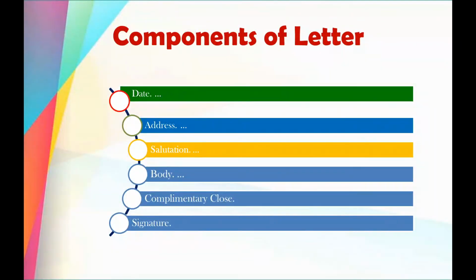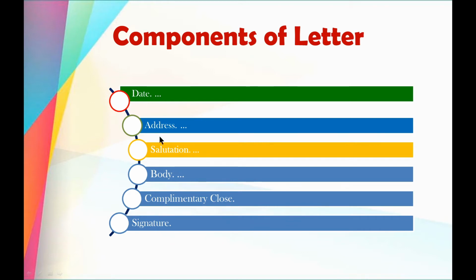My dear students, there are a few important things to include in your letter. If they are not in your letter, you cannot write a proper letter. You cannot write a letter that would give you 7 or 8 out of 8 marks. So my dear students, what you need to write in your letters, that would be important. To start with, these things should be there in your letter. The first most important thing is date. Date should be there in your letter. The pattern of date can be varied. I will tell you later on.